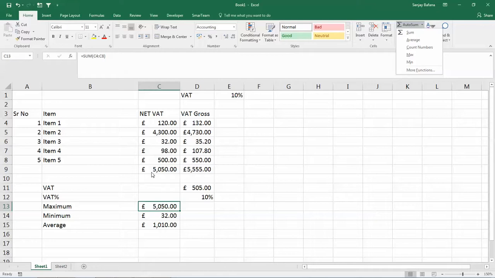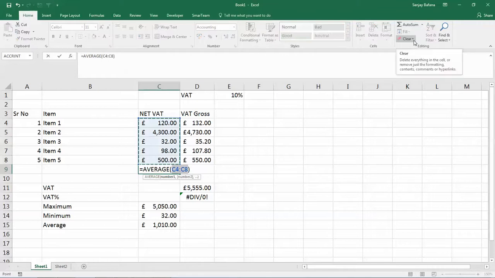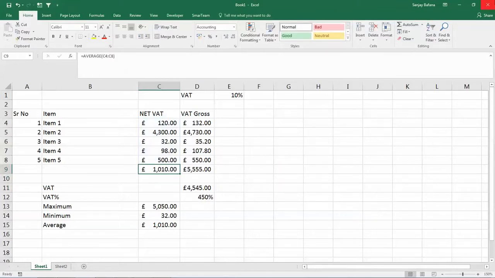So how it works is when you go here, delete, and click on drop down and select auto average, enter, or auto max, enter, similarly auto min will keep auto sum. Count, so count,